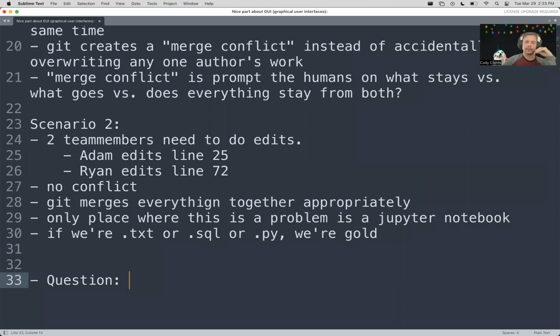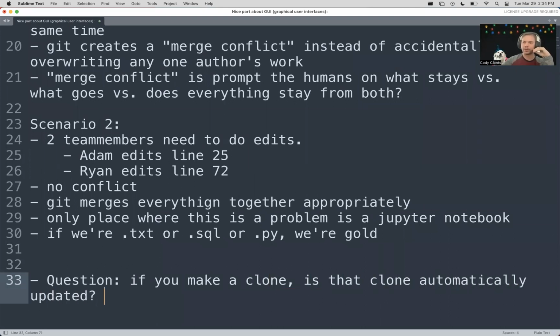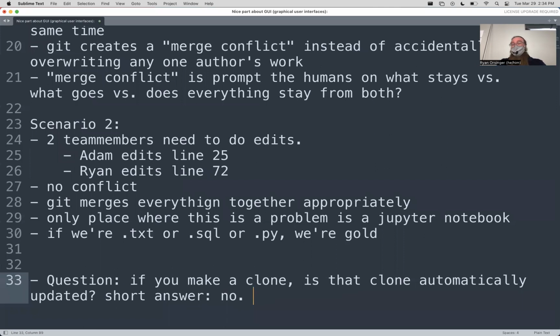Oh yeah. So if you make a clone, is that clone automatically updated, or is that something you have to go in and reclone or force updates into? No, a clone is a copy of everything at that one state of time. Short answer, no. This isn't Dropbox. This isn't Google Drive or Apple iCloud. So we're not talking autosave or auto backups,